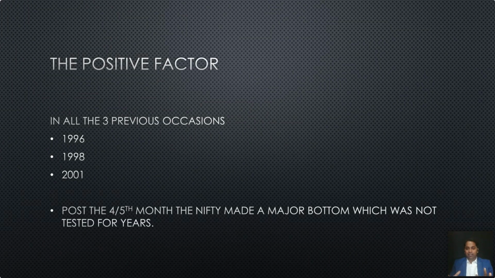But the good part about the markets, about this particular view, is that if the market gets into a sell-off mode, if we see the fourth month and the fifth month to be consecutive negative for the Nifty, this brings in a point that historically, on the three occasions when this has happened, that's the years 1996, 1998, as well as 2001, the 3 years when the index has given more than 4 months of successive month-on-month negative closing on the Nifty 50, the lows which were formed in those months were not tested for years to come.